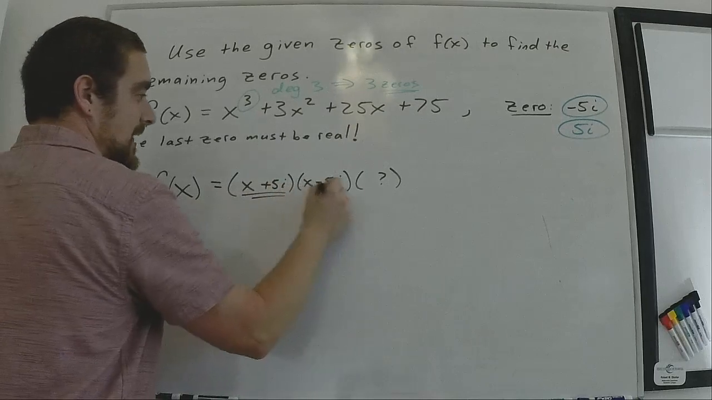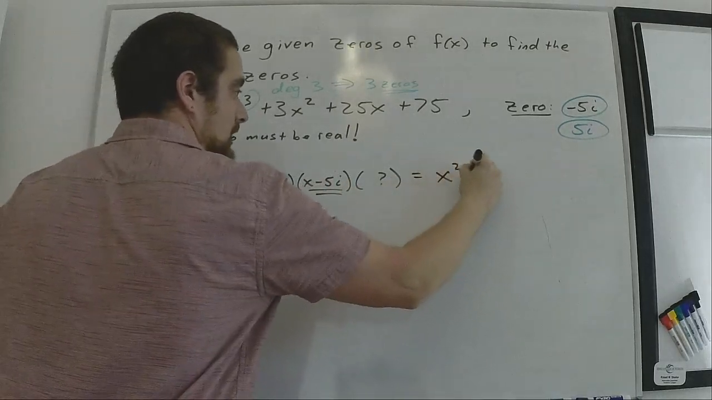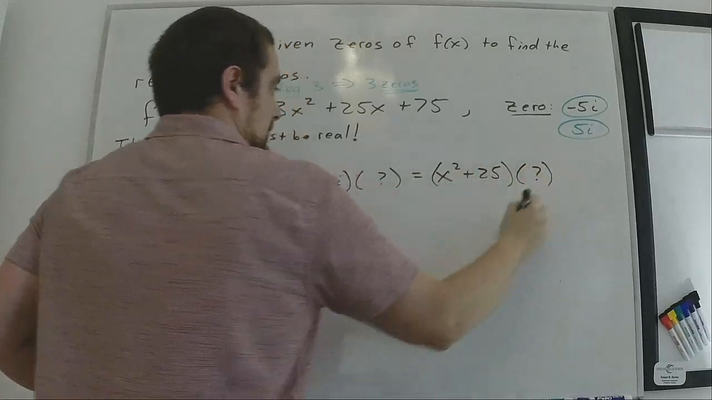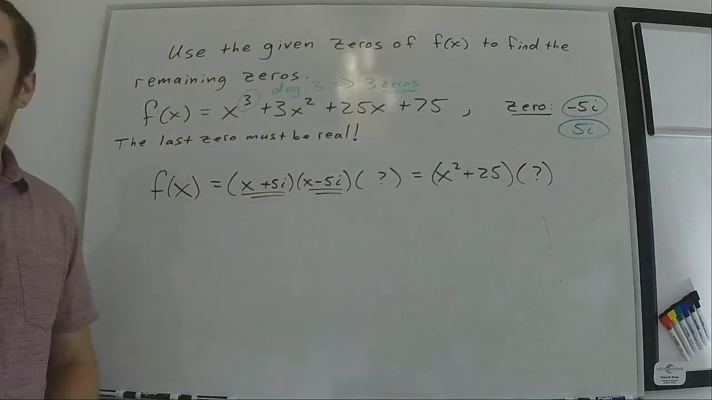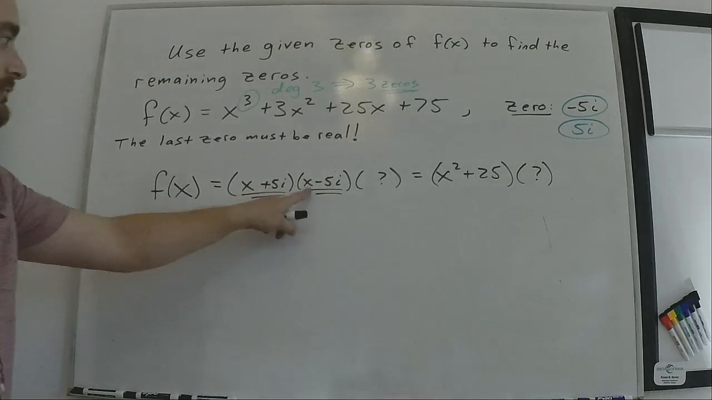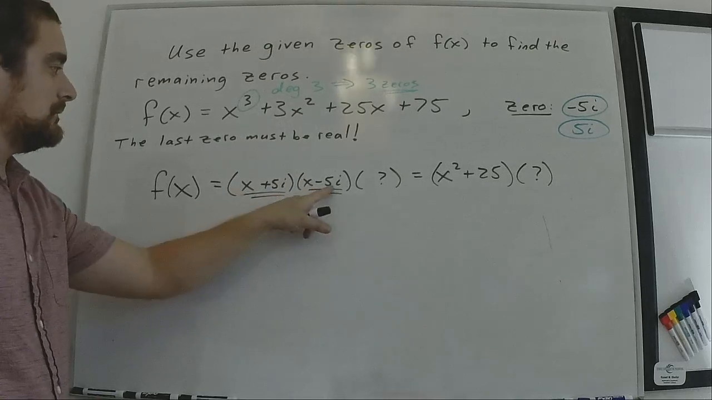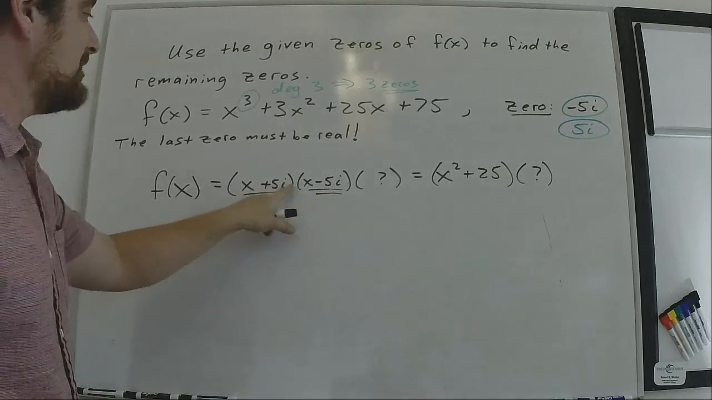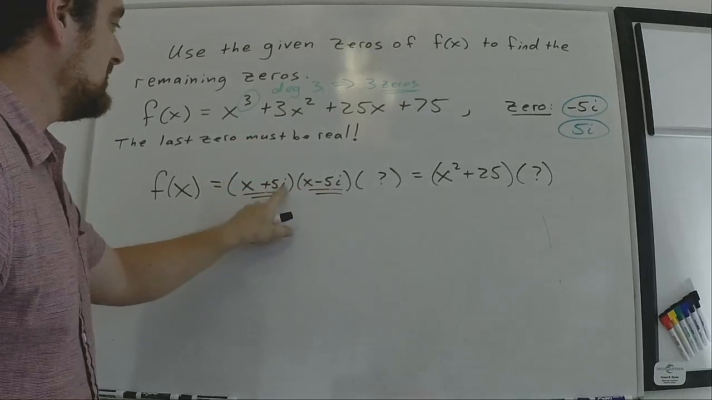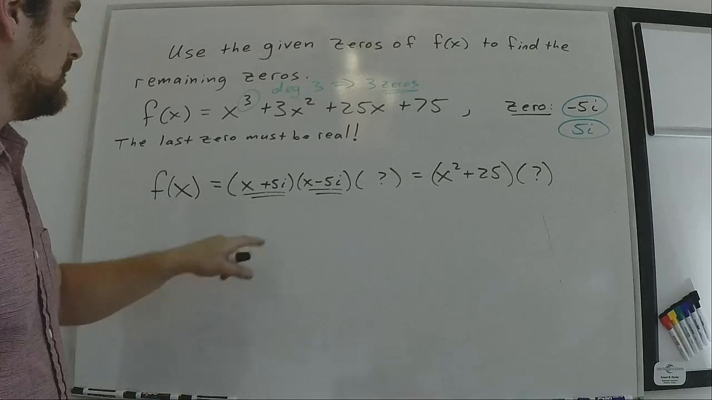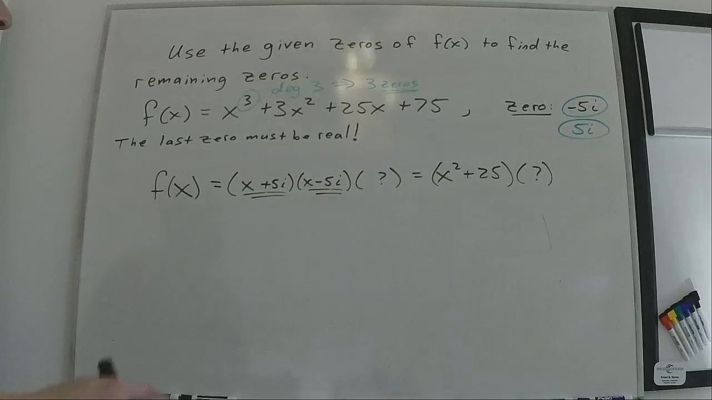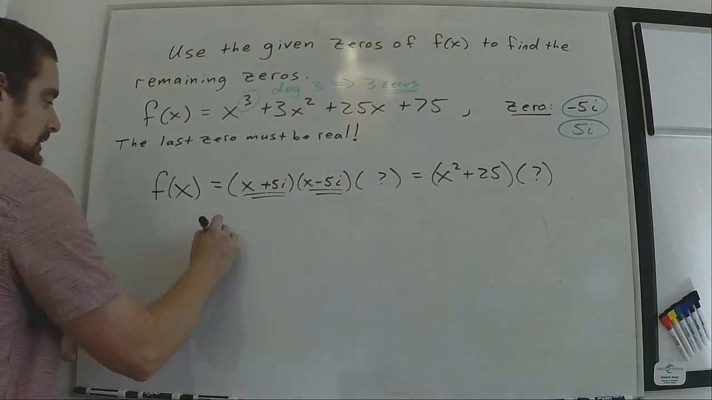Well, these two factors are going to produce x squared plus 25 as an irreducible quadratic. I know that because if I FOIL these out and do the distribution, then I'm going to have x squared. I'm going to subtract this negative 5i. I'm going to add this positive 5i. They'll cancel out. 5i times negative 5i, that's negative 25i squared. Well, i squared is negative, so I change that to a plus 25. So this shows me the factor that I need to divide